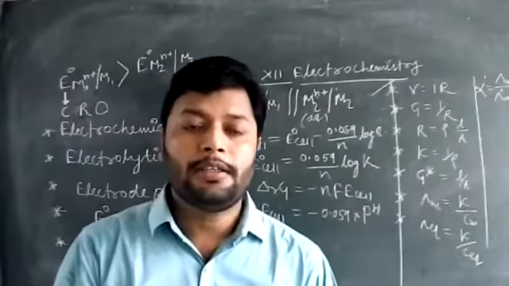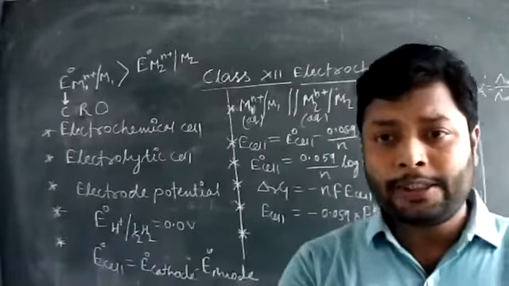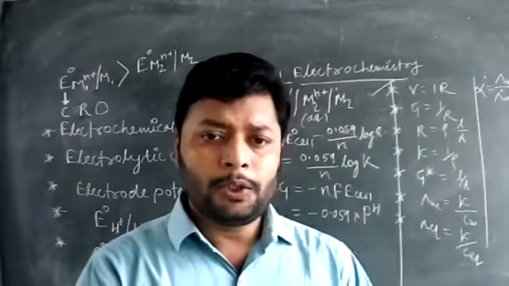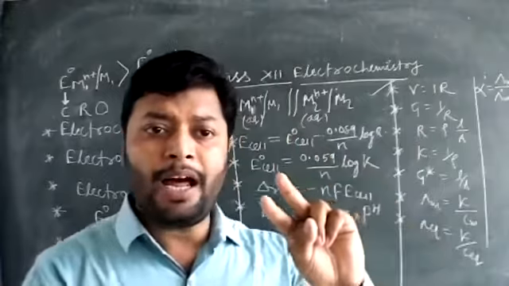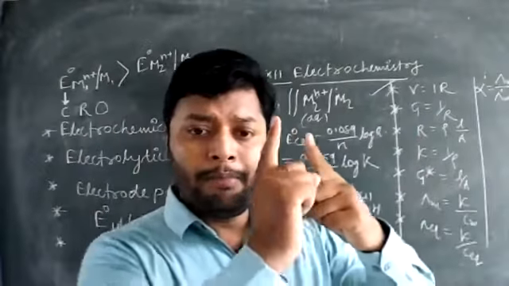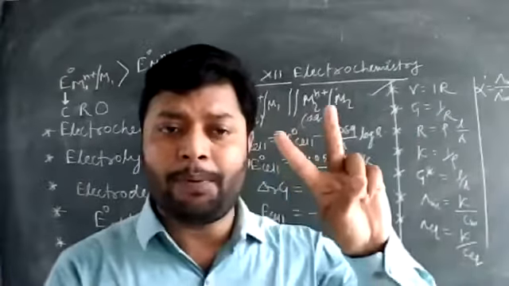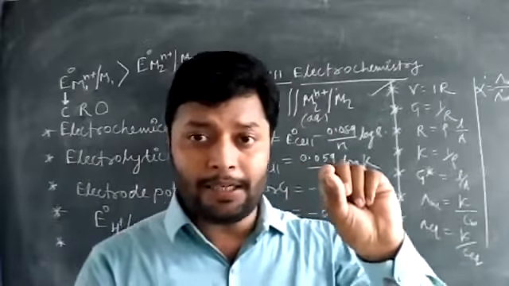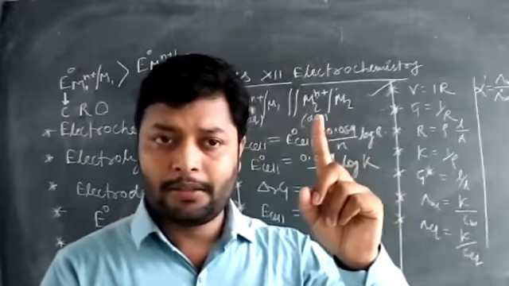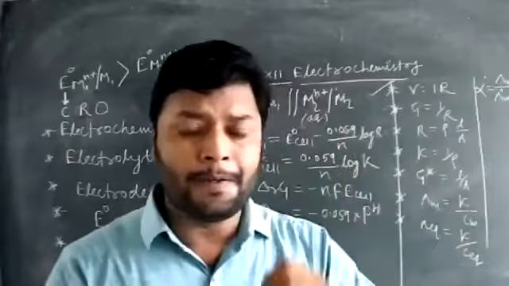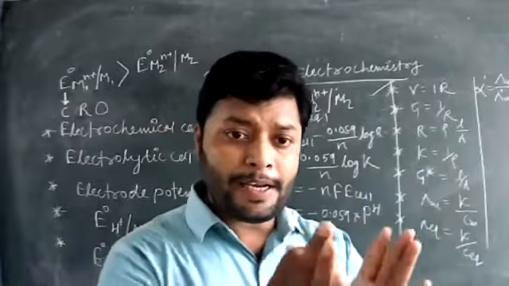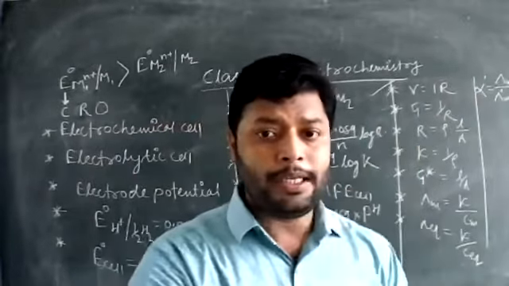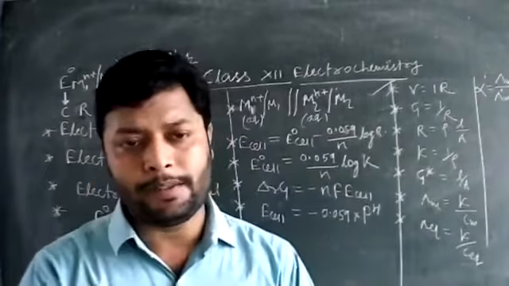As I told, a strong electrolyte goes for almost complete ionization. So there is not any large difference between molar conductivity and limiting molar conductivity for a strong electrolyte. The values will be similar for a strong electrolyte. So alpha will be nearly 1. But for a weak electrolyte, there is a large difference between molar conductivity and the limiting molar conductivity.